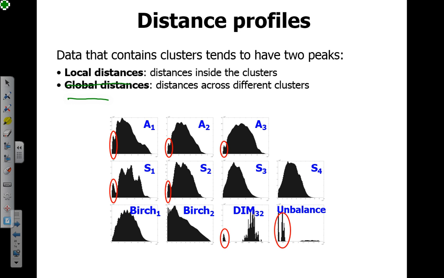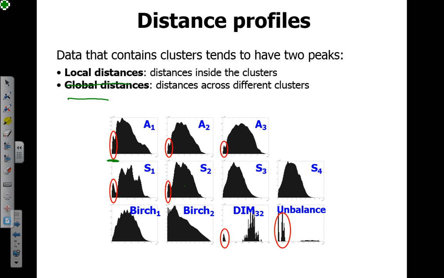And the hypothesis was that there should be two peaks in the histograms. And if you look carefully, there are these red ones here. You can actually find the inside-the-cluster distances. They do have a tiny peak, at least with the A sets. S1, S2, it's already also there. But S3 and S4, when their overlap becomes stronger, it just disappears and they just merge. And also the merge data set, so it's pretty much impossible.